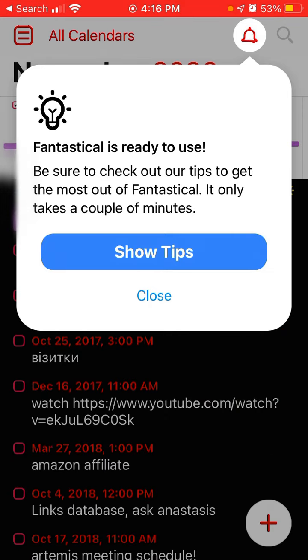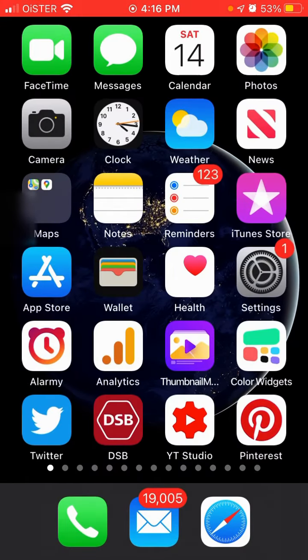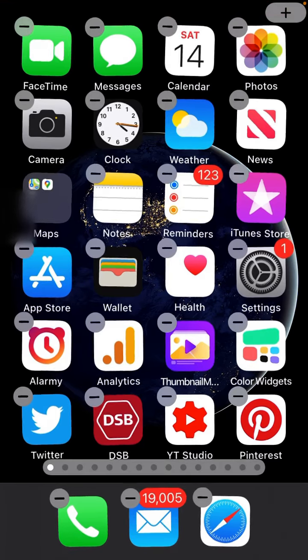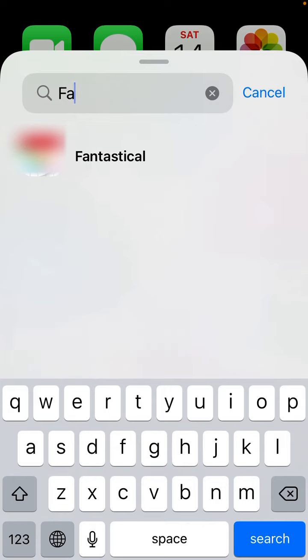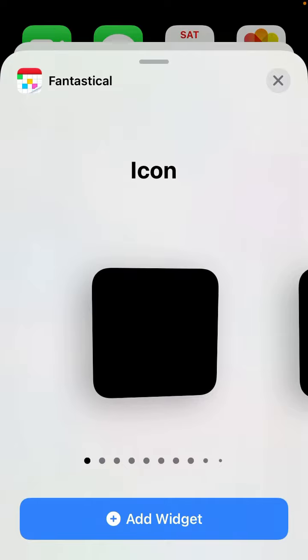So there you have it. And let's try again. And then when you created your account, your widget will be available. And then you have